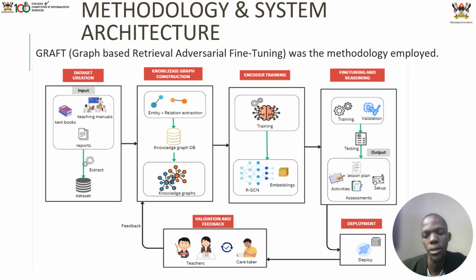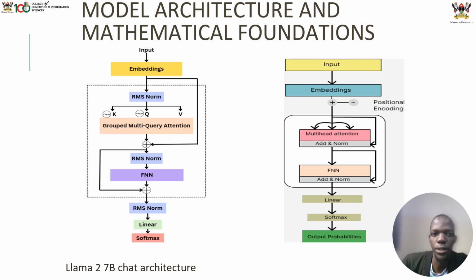After deployment, it is the reviews from the users that we are waiting for, so that we can enhance the model's output and functionality. And this is the architecture of the model we used. All the models we trained were fine-tuned from a transformer-based architecture. The transformer has both the encoder and the decoder, but the Llama, the Falcon, and the Gemma are only encoder-based architectures.